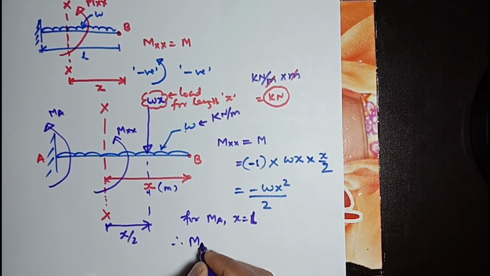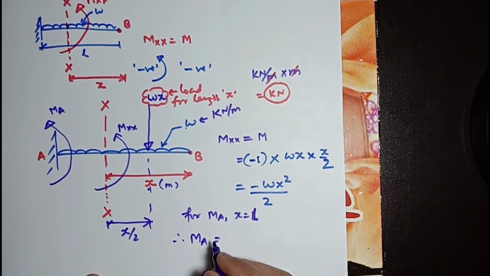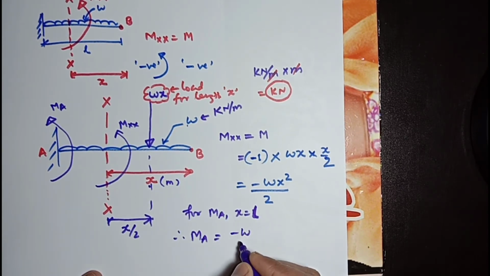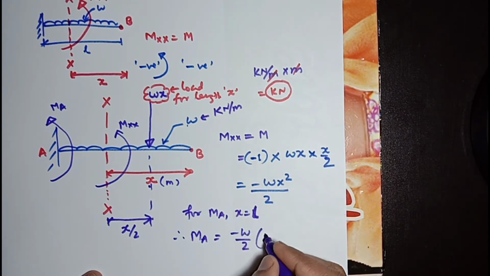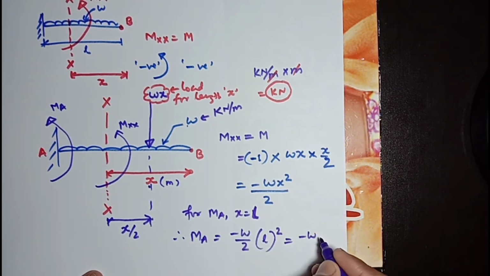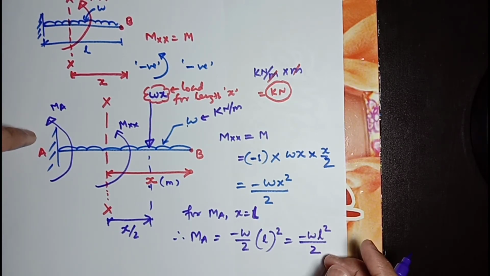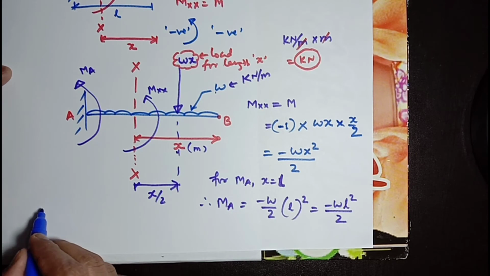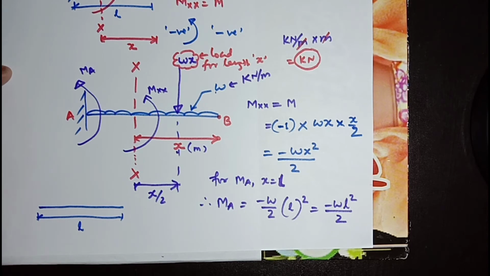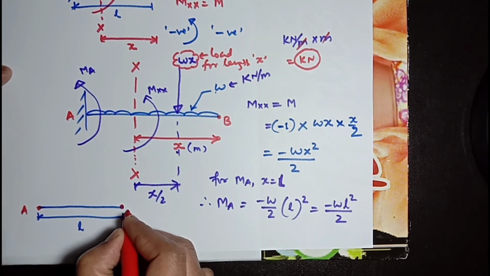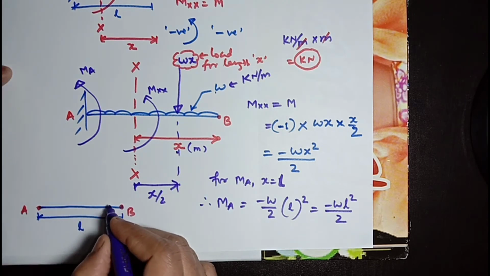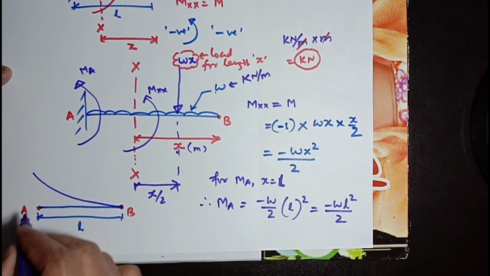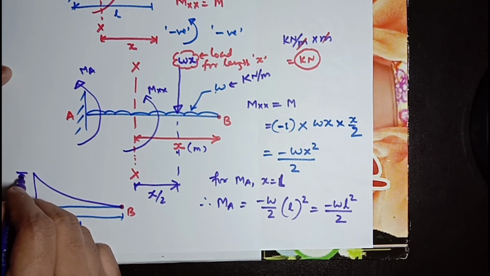So moment A will be equal to minus W divided by 2. In place of X we put L, so L squared, equal to minus WL square by 2. It is the maximum bending moment at point A. So the bending moment diagram will be this one. This is the length of this beam. This point is A, this point is B, and the bending moment profile will be this. Its maximum value will be